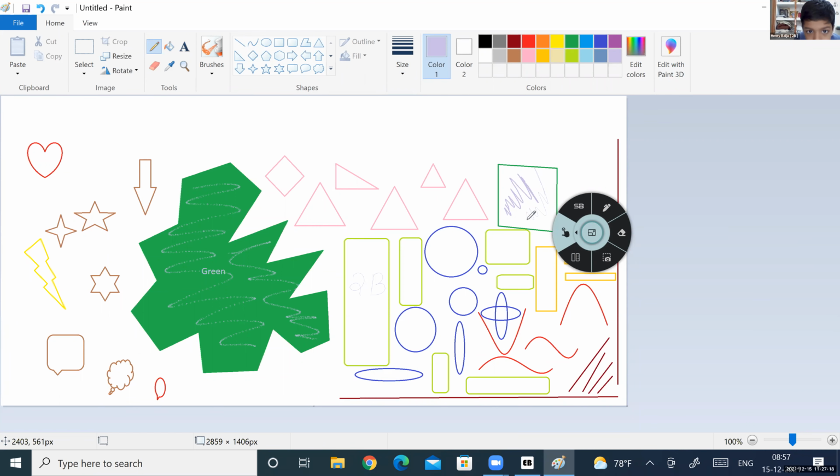Okay. So that's it. We have learnt all the tools. And what is the pick color tool used for? Suppose we are using the pencil and select the thickest size. If you want to select a color from the picture itself, suppose I have selected the pick color tool, then I am selecting this.